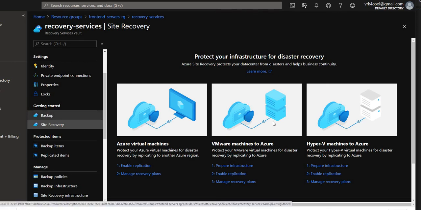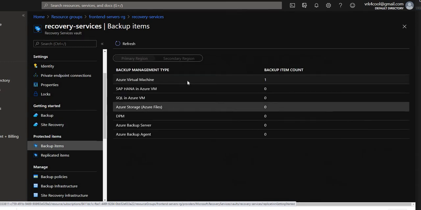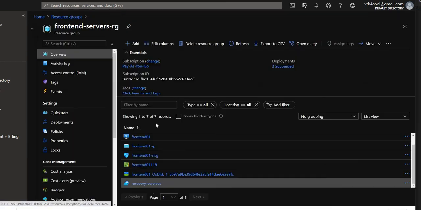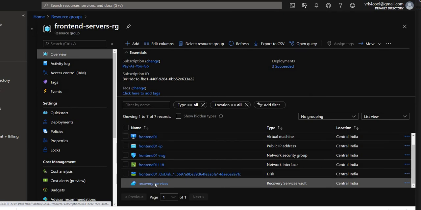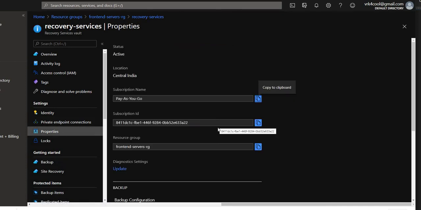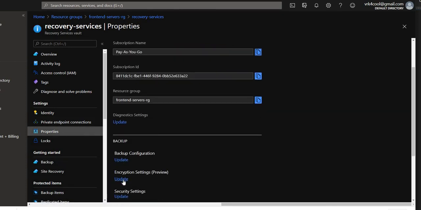Which in fact is helpful. You can back up the VMware machines and the Hyper-V machines. The Azure Recovery Service Vault doesn't just provide the backup. If there is any malicious user deleting your servers or the backup data itself, the Azure Recovery Service Vault will help you with the soft delete option.